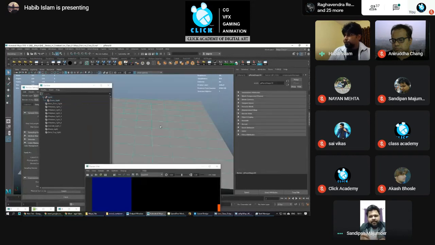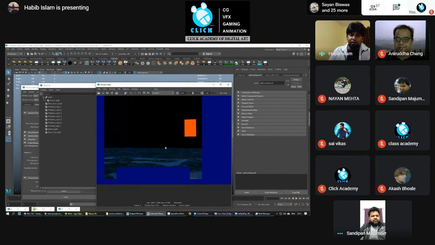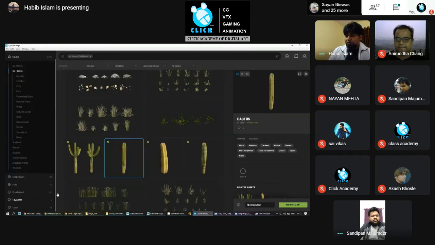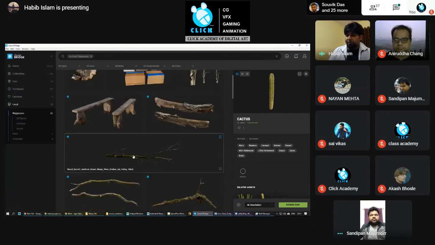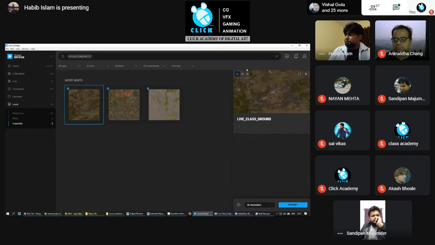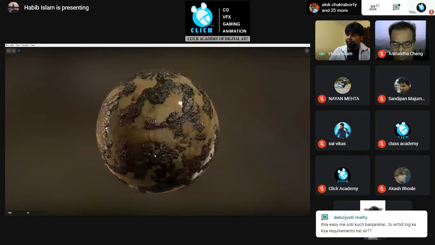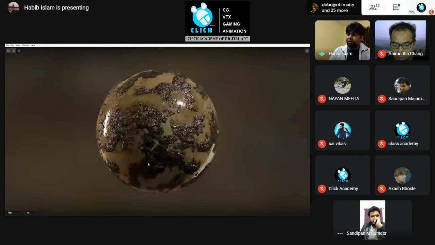So this is just the ground. If you see, this is just the plain ground. I didn't do any modeling on this ground. From Mixer I've assigned the texture to this ground. Whatever you do in Quixel Mixer, you can directly save that texture through Quixel Bridge. This is my ground texture. I created the texture in Mixer and saved it as a preset. Then I exported this preset into Maya.